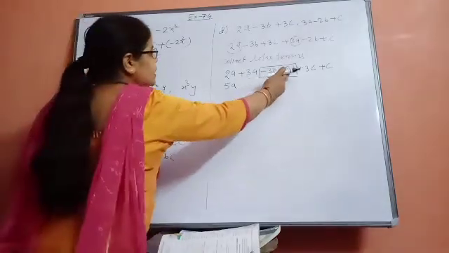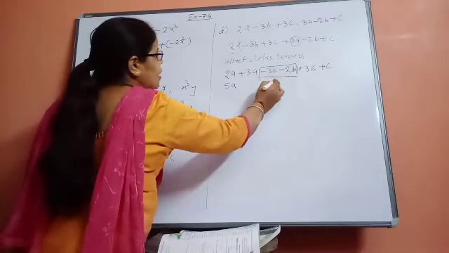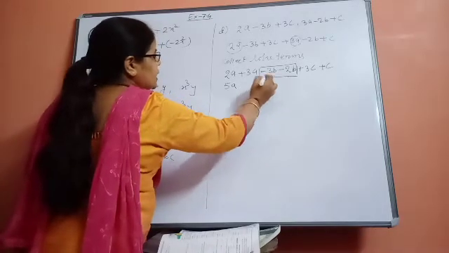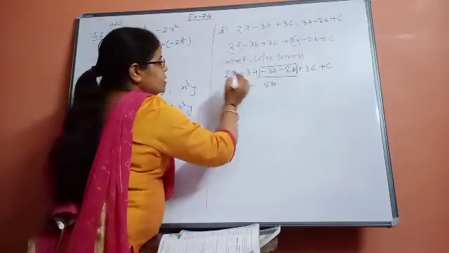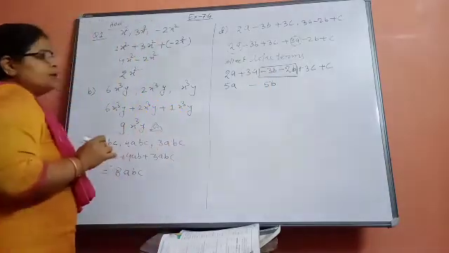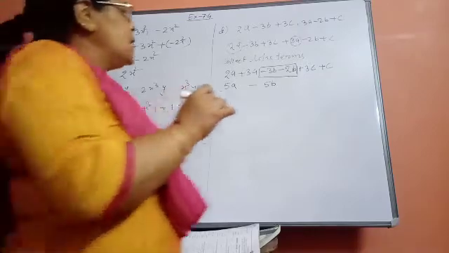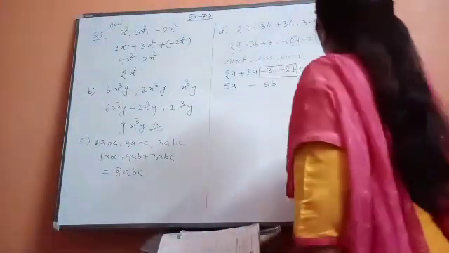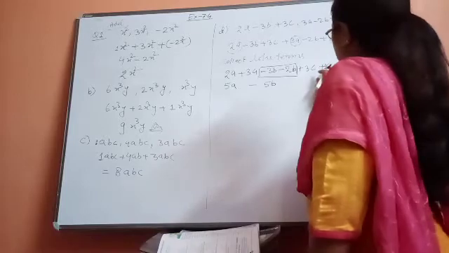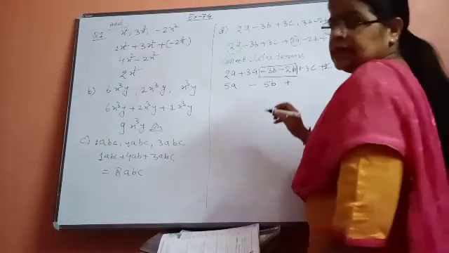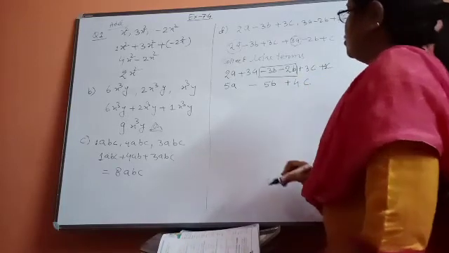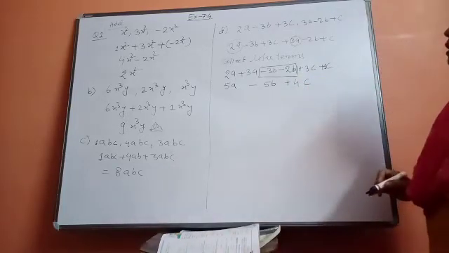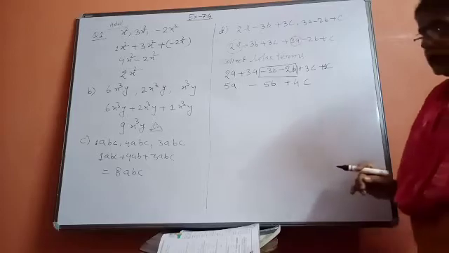So 3 plus 2 is 5, and the algebraic part is b. And both of the terms have the minus sign, so it will become 5a minus 5b. Okay, and now the last one. They are also like terms. Here one is there, and both of them have a plus sign, so here also it will be a plus sign. So 3 plus 1 is 4, so it will be 4c. So in this way we are doing the algebraic addition. This is known as algebraic addition.